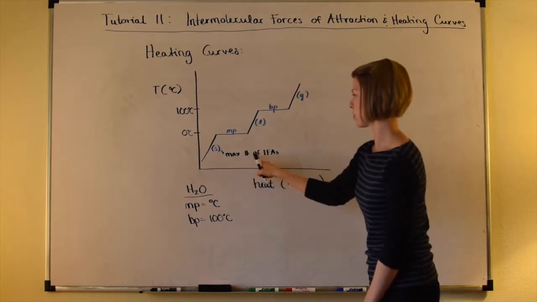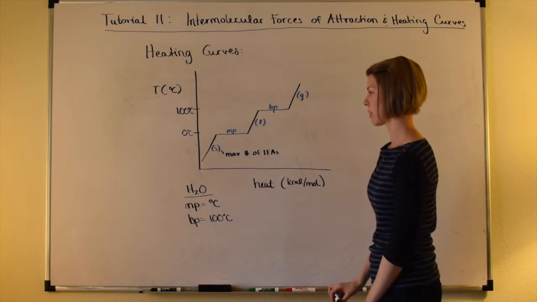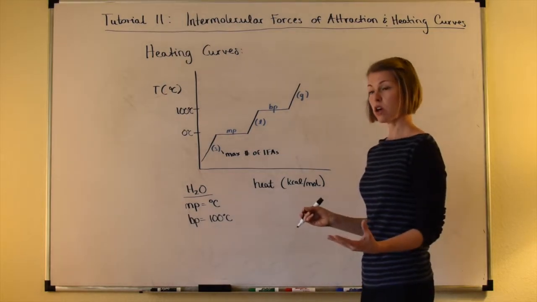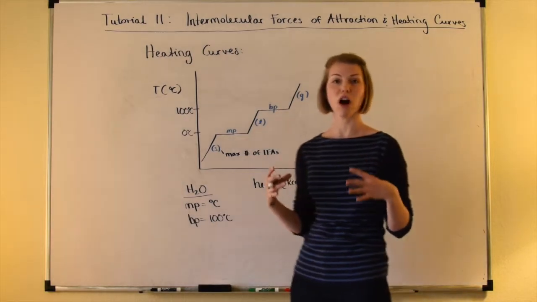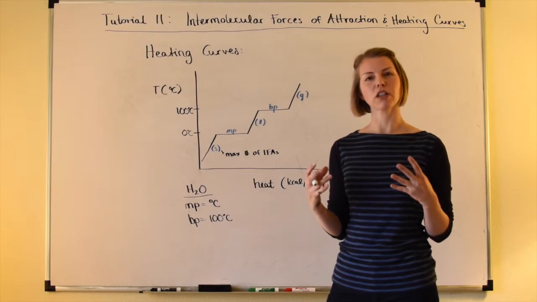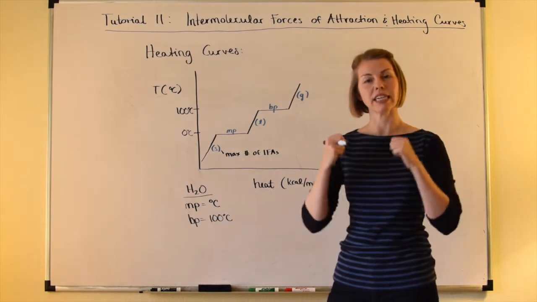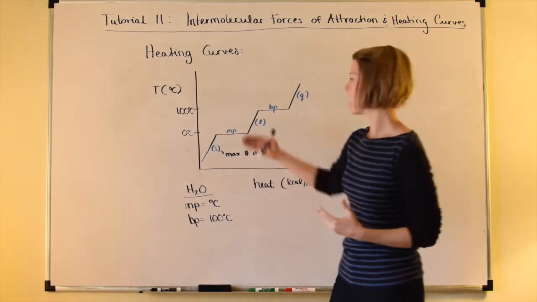So I'm going to write max number of IFAs. IFA stands for intermolecular forces of attraction. So for a water molecule, we know that that would be 4 hydrogen bonds per water molecule. And that helps us to see why those water molecules would be really locked in a tight, rigid, solid structure